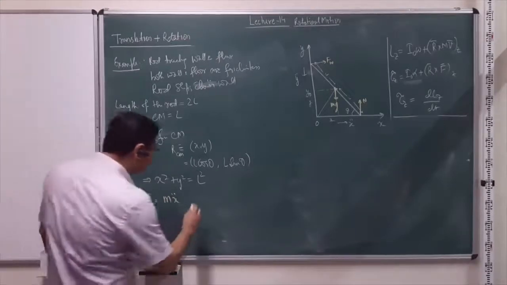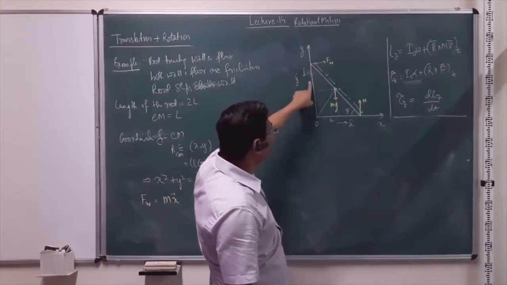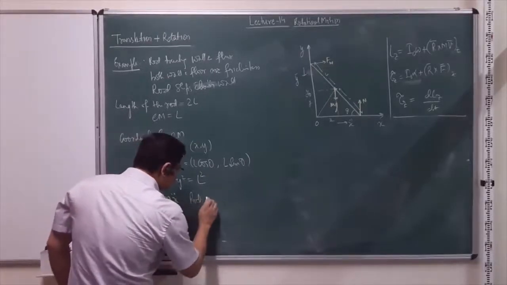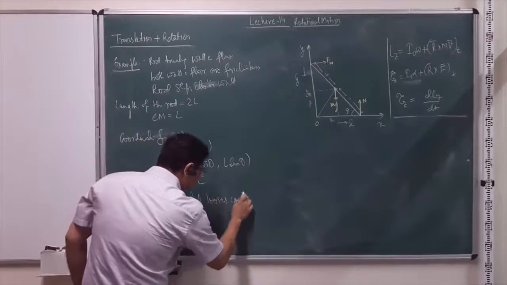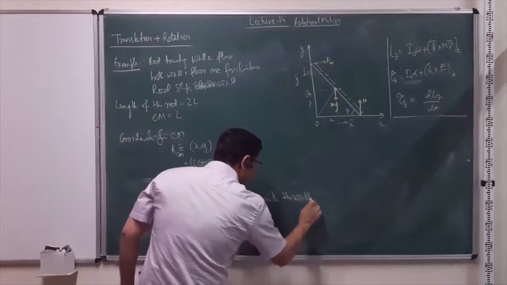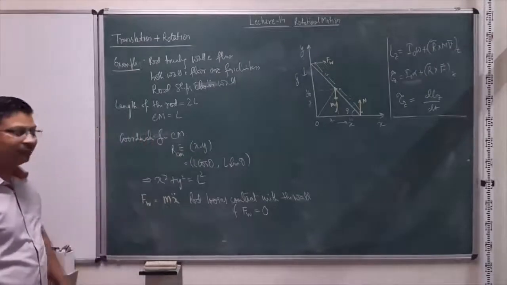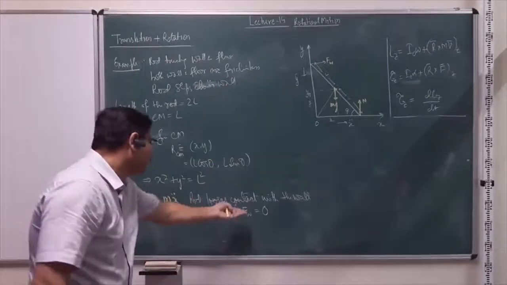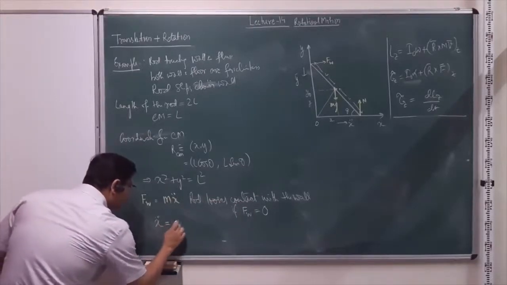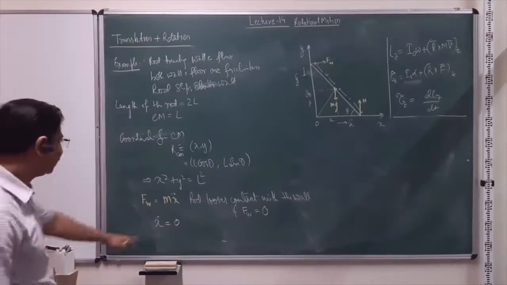And now we have to analyze this when this end of the rod loses contact with the wall. The rod will lose contact with the wall when Fw is equal to 0. So basically the rod is not pushing the wall and the wall will not then in that sense push the rod. So our condition becomes x double dot is equal to 0, right? There is no force in the x direction, so there is no acceleration in the x direction. So x double dot is equal to 0.